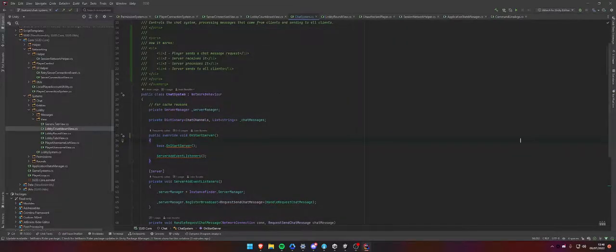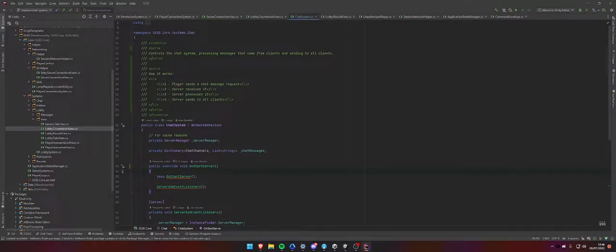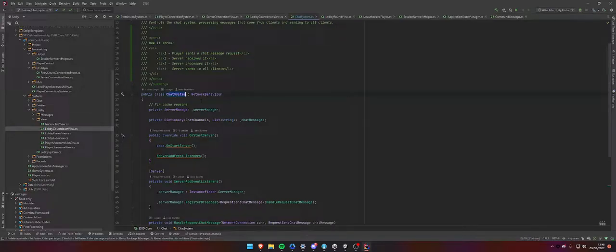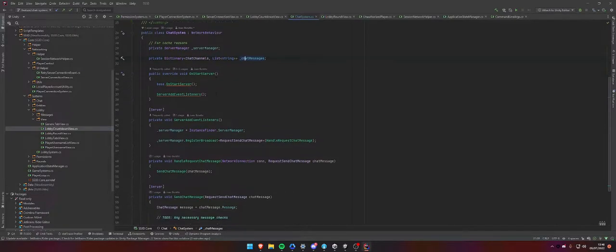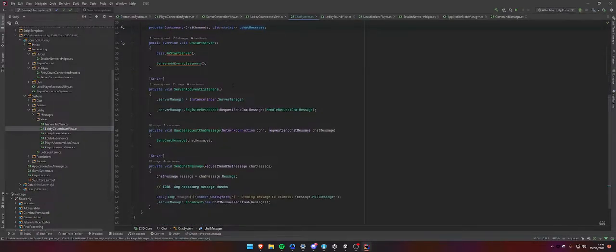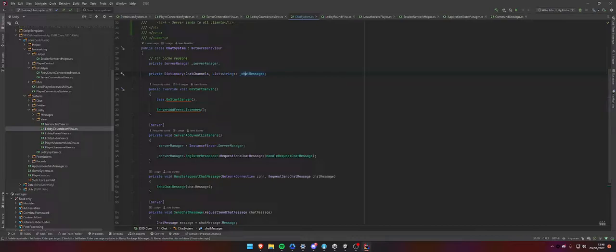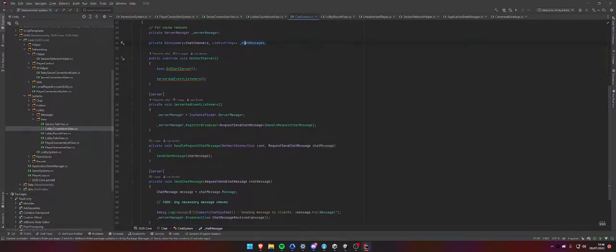Hey, so I'll just show how I went by with a little chat system. Basically, I have a system class that receives all the messages, stores it on a list for possible synchronization purposes, or I don't know yet. So this is based on events, and basically when the server responds,